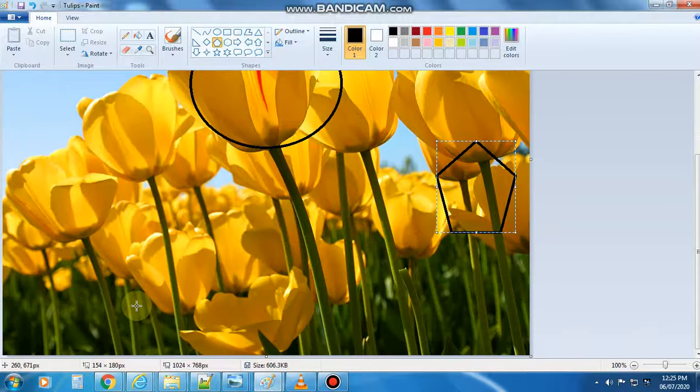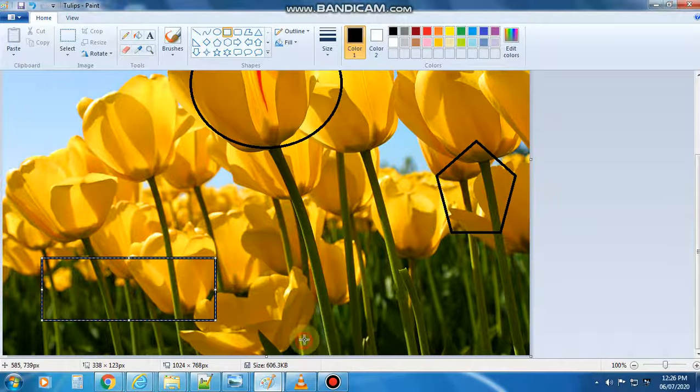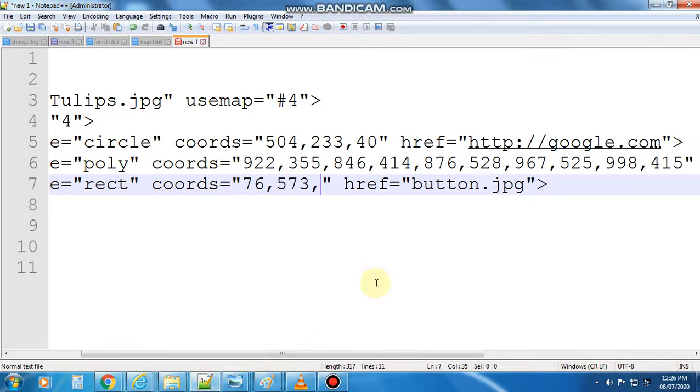Now I am drawing a rectangle, and at the top left corner I take my mouse pointer and note down the x and y coordinates of the vertex. Similarly, I will again open Paintbrush, see the bottom right corner and note down the vertex. Now I will save the file.